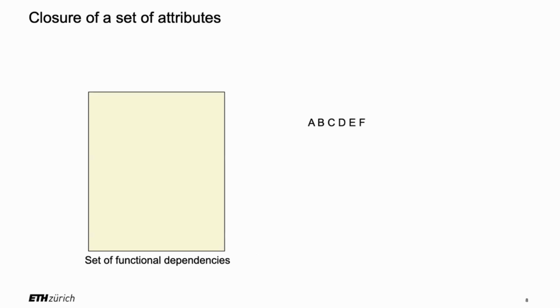But this is only a cleanup thing. It's just a convention that people typically take. So here's an example. Imagine that in my set of functional dependencies, I'm just showing you one, there might be others. But basically, this functional dependency is very interesting because it tells us that if we know A and B,